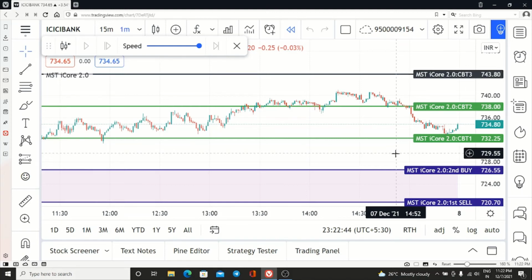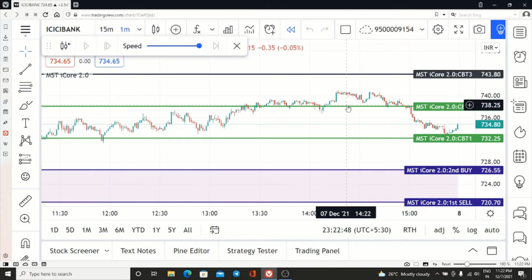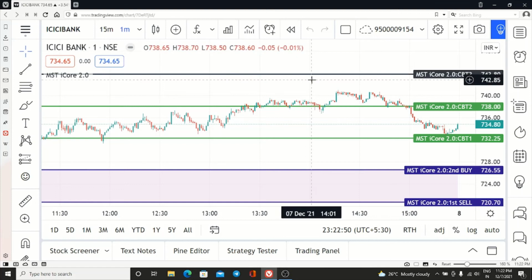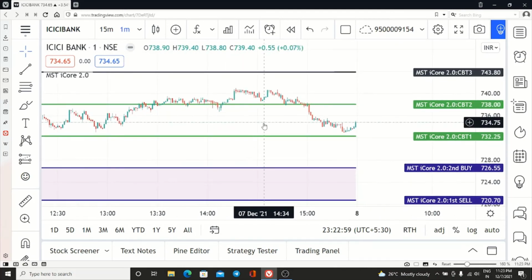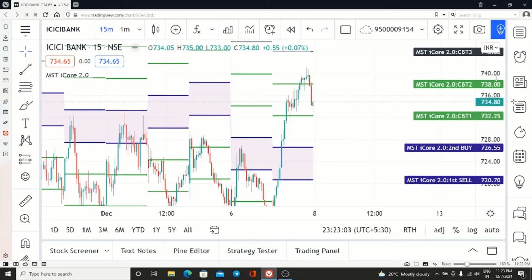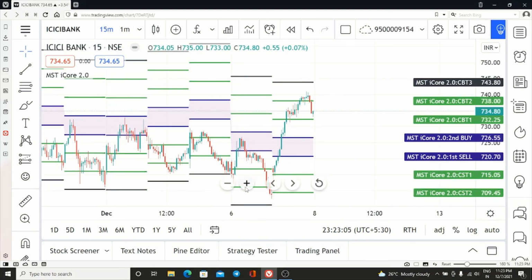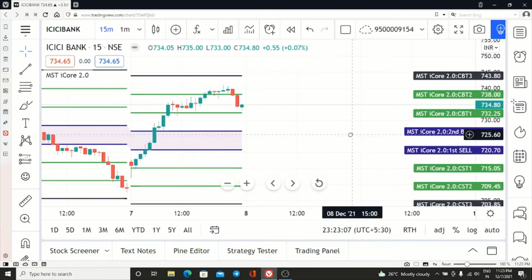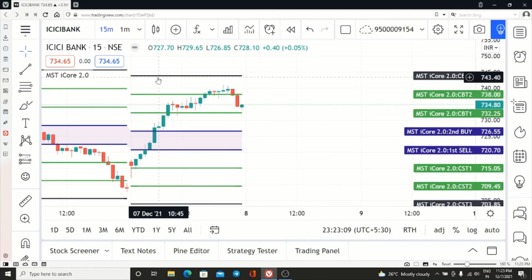If in the first sell itself target hit, enjoy the profit and take rest for the whole day. If first buy itself target hit, book the profit and enjoy the day for the whole day. That's all. That's about our indicator. It is very simple. You can keep any time frame, 1 minute to 15 minutes for the intraday. It is up to you.